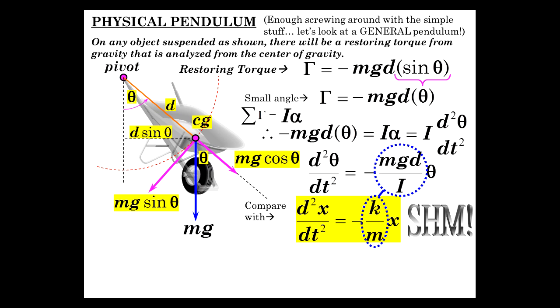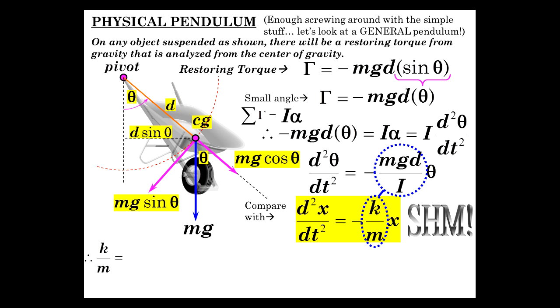So we see both of these. Minus k over m is the proportionality constant. Here, mgd over I is the proportionality constant. But they're both proportional to displacement. And that's the key thing. So without further proof, we've established that we really do have simple harmonic motion. However, once again, it's limited to the simplifications, the approximations that the simple pendulum was. Can't avoid that, really. So I know that's disappointing to us to some extent because we want perfect solutions, but